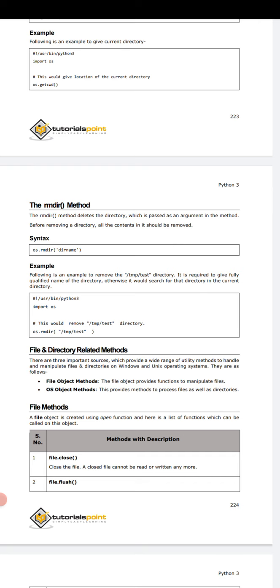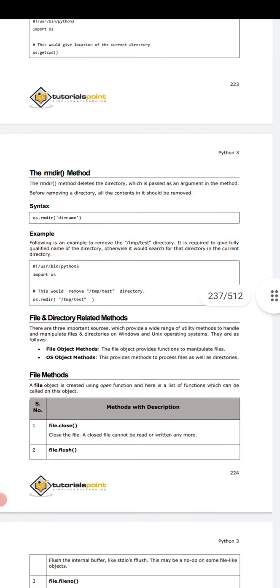Following is the example to remove the temp test directory. It is required to give a fully qualified name of the directory, otherwise it would search for that directory in the current directory.